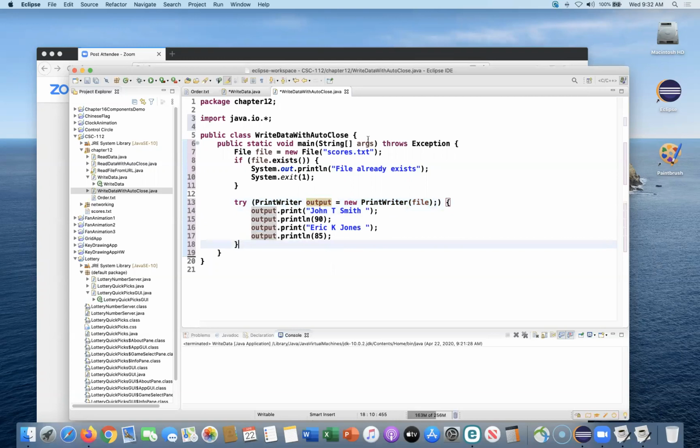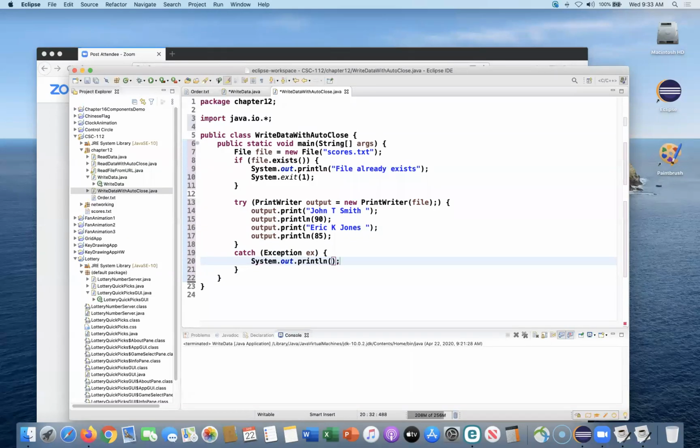Now, if you're worried about catching, you could add a catch. Let me show you this. Get rid of this throws clause. You see, you still get this error here, but you can throw a catch in there if you want. It's still basically a try, and a try can have one or more catch clauses. Exception ex. There's not much I can do right now other than output a